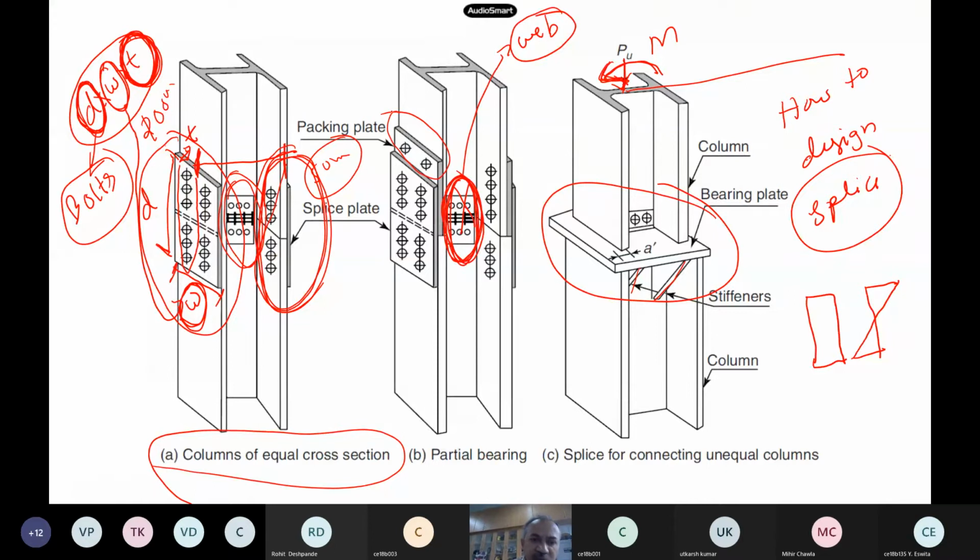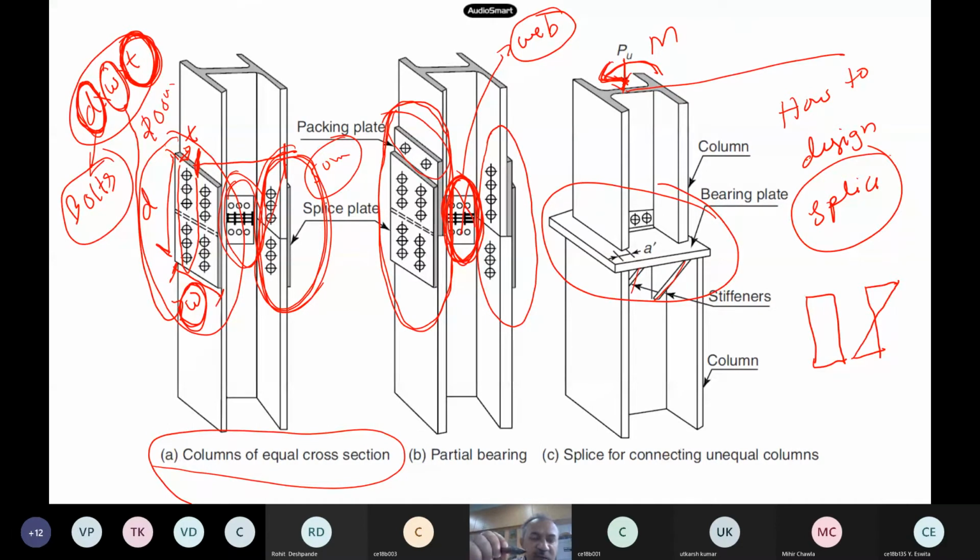Is the flange splice required or not? Yes, the flange splice is required. The load is axial load, so that load will be carried by the flange splices, so this side and this side.